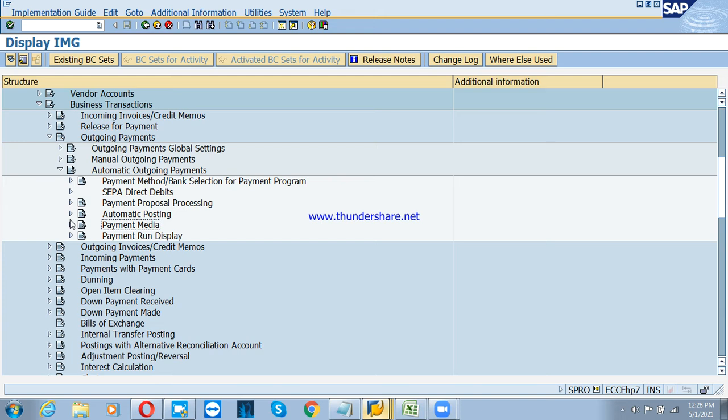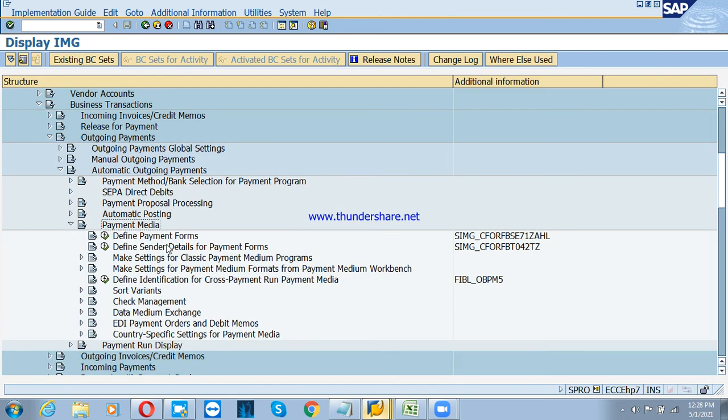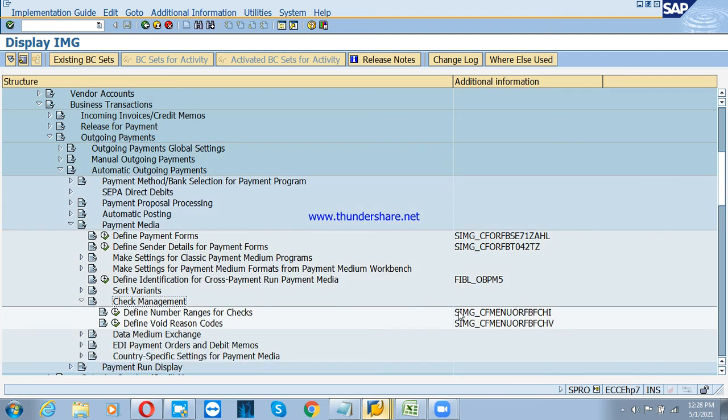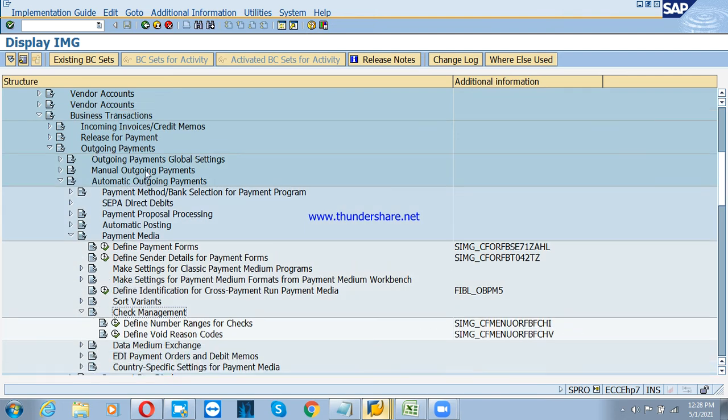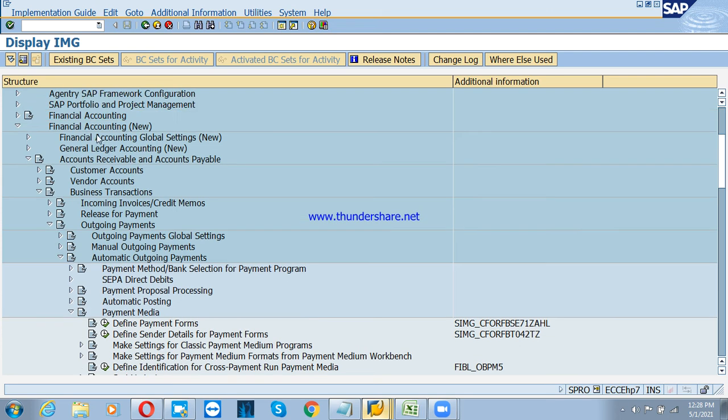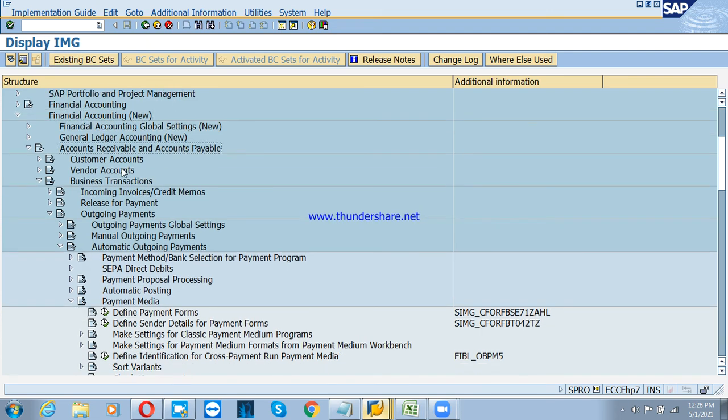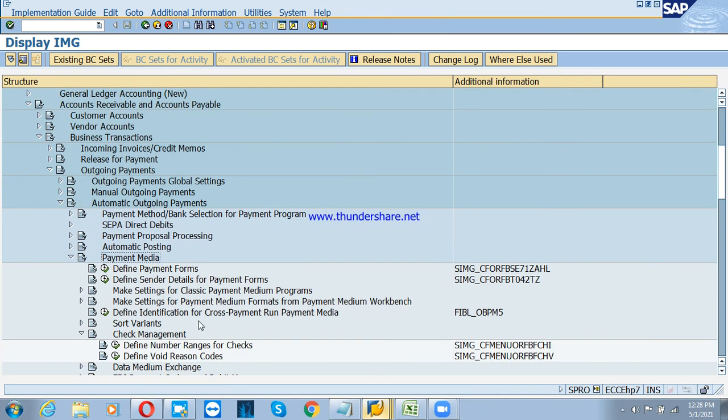Okay, here is payment media, check management. The T code is FCHI. I'll let you know the path once again: IMG, Financial Accounting, Accounts Receivable and Accounts Payable, Business Transactions, Outgoing Payment, Automatic Outgoing Payment, Payment Media, Check Management,